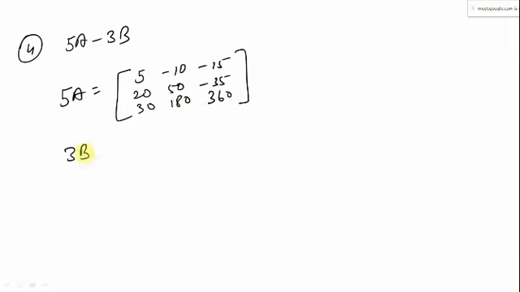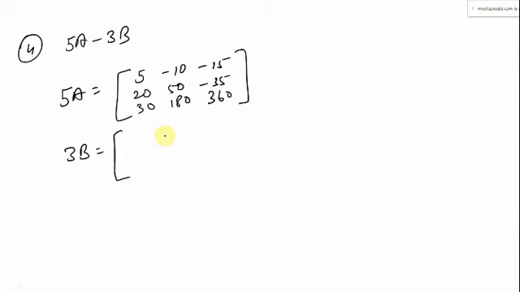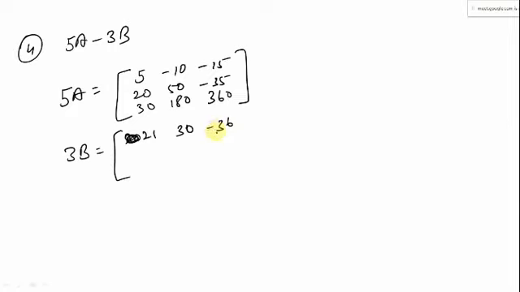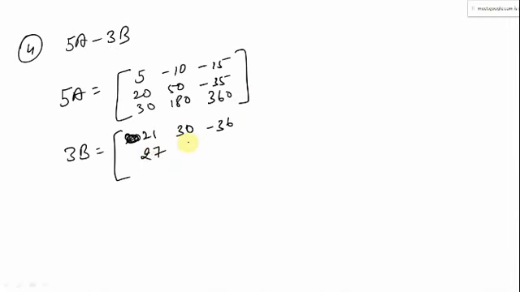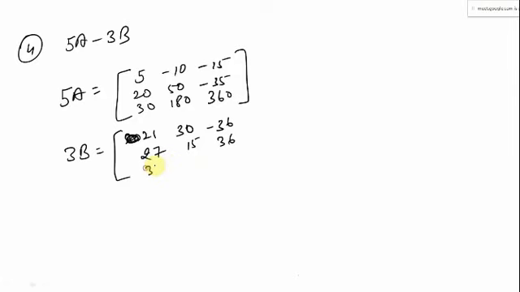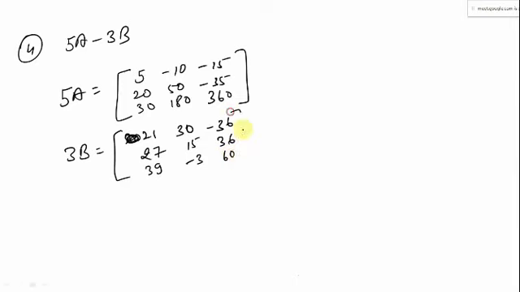And then we need to find out 3b. So 3b will be 21, 30, 36, negative 27, 15, 36, 39, negative 3, and